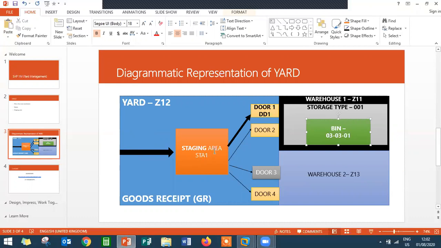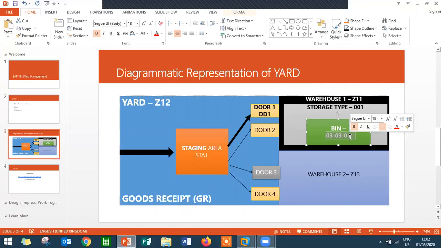Through the staging area, it goes to door 1, the entry or exit point of a warehouse. Through warehouse Z11, it goes to storage type 01 and I'm going to place it in bin